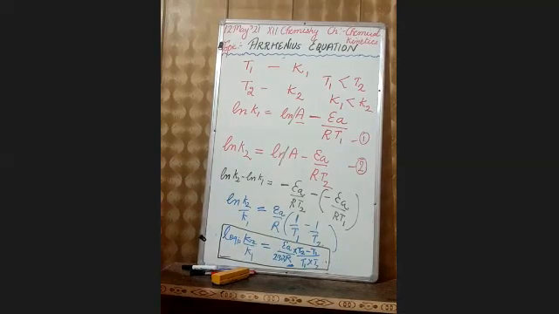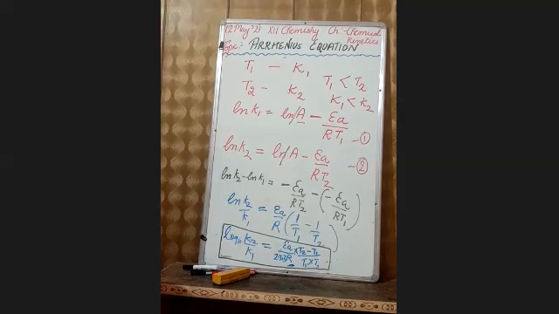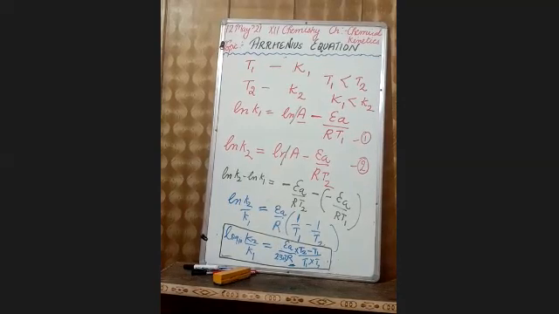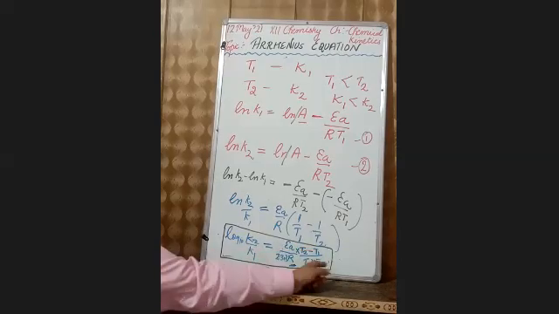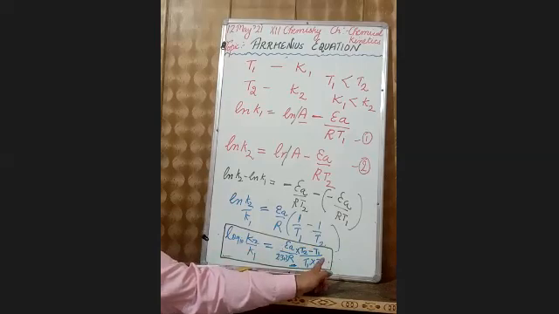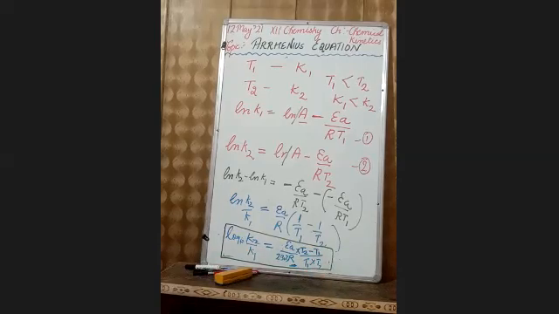in this, suppose at temperature T1, your rate constant is K1. And at temperature T2, your rate constant is K2. And we are supposing T2 is greater than T1. So ultimately, K2 should be greater because these are directly proportional to each other. So write the expressions for both the reactions, then minus, then take LCM, and this required equation will be our resultant. So, is there any doubt till now? Please let me know.